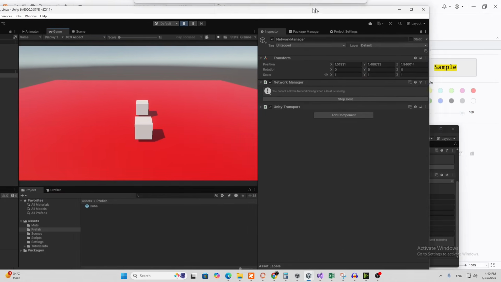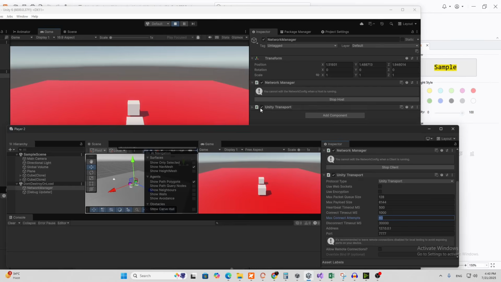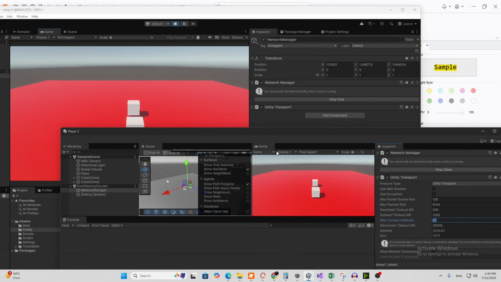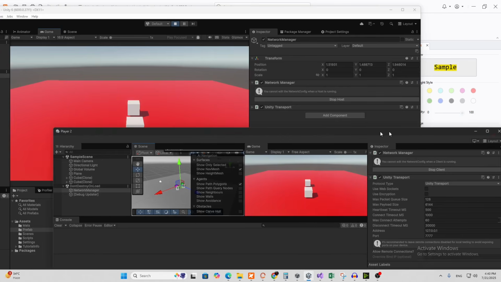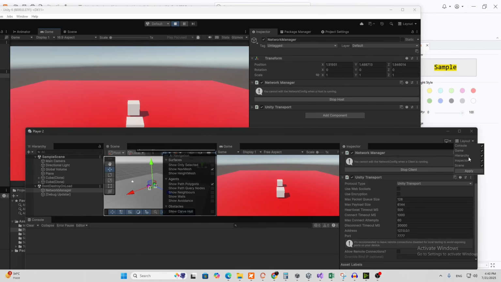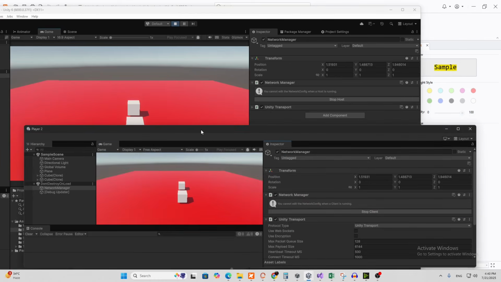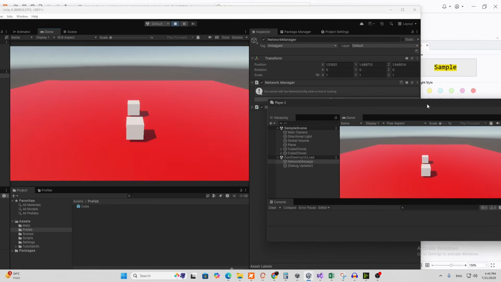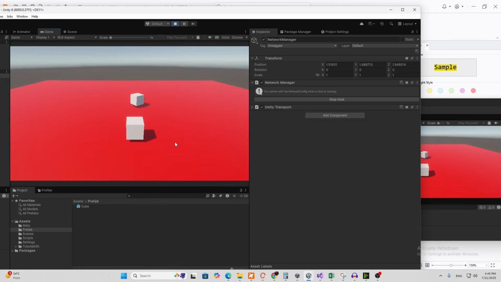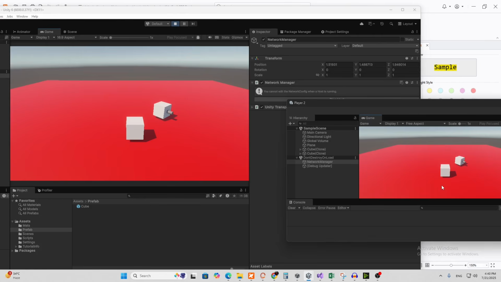Let me make an adjustment here so you can see. As I am moving, the movement is synced across our client. So right now on the server side, right? But if I go to my client side,